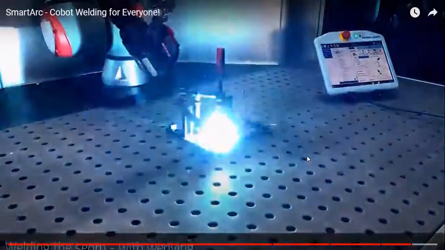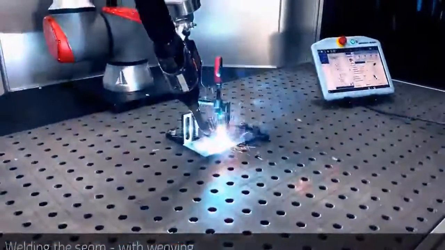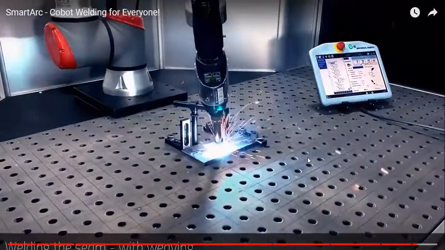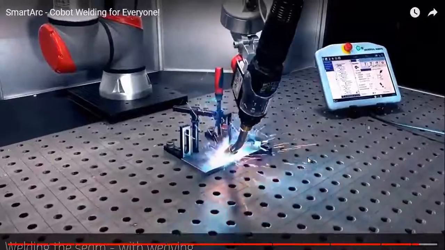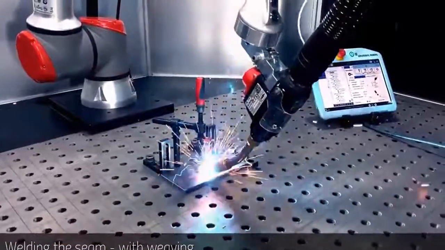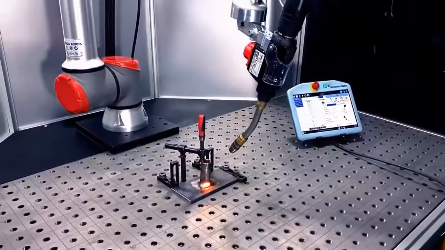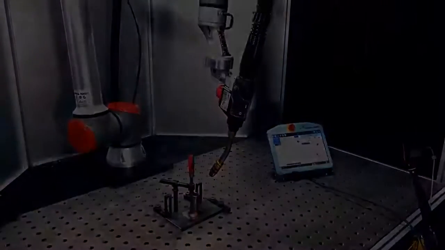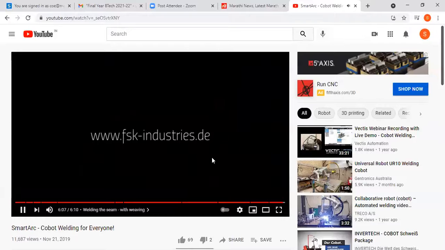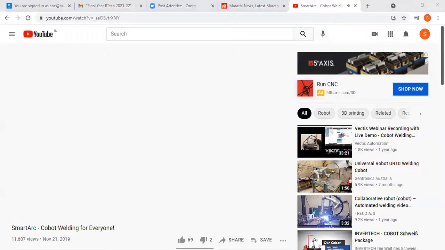See that actual welding operation will carry out. Welding the seam with weaving. Therefore, this is nothing but cobot or collaborative robot, because both human and robot are working at the same time. Now next we will see video.